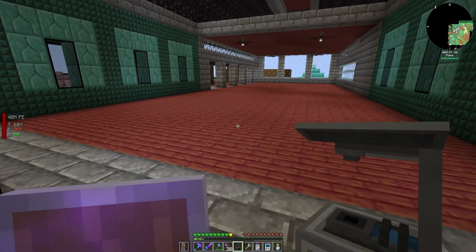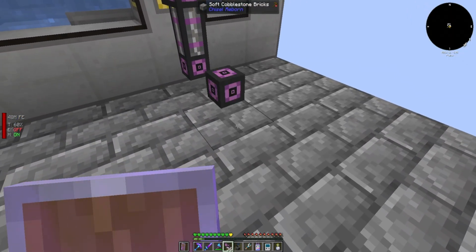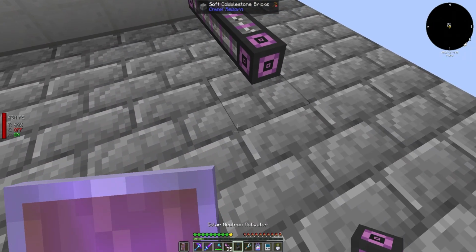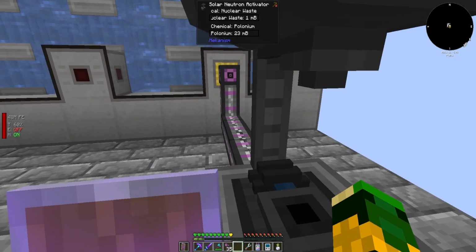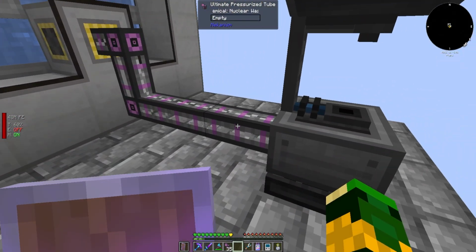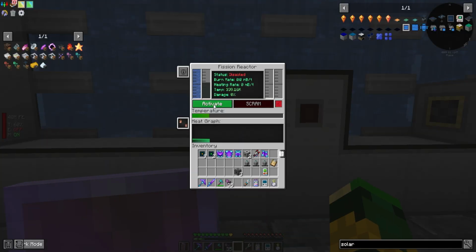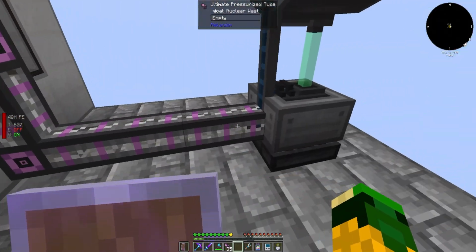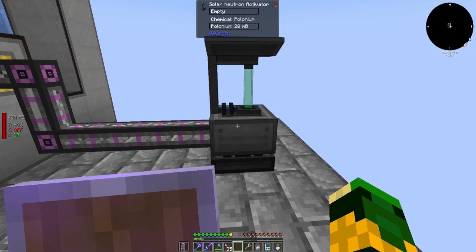Cool. Now there are a few different items that we can make from nuclear waste. And the one that I'm primarily concerned with at this moment is going to be using this item right here for making polonium. That's going to be the key thing that I'm more concerned with at this moment. Let's, can we kick this thing back on for a little bit? Yeah, there we go.